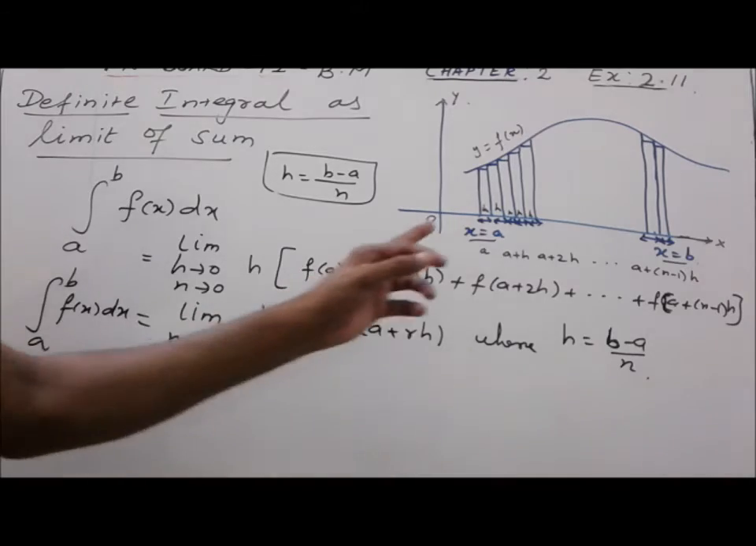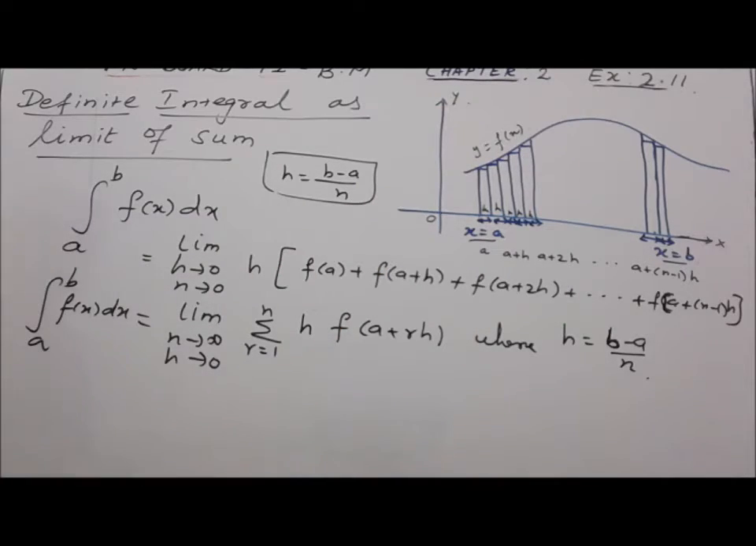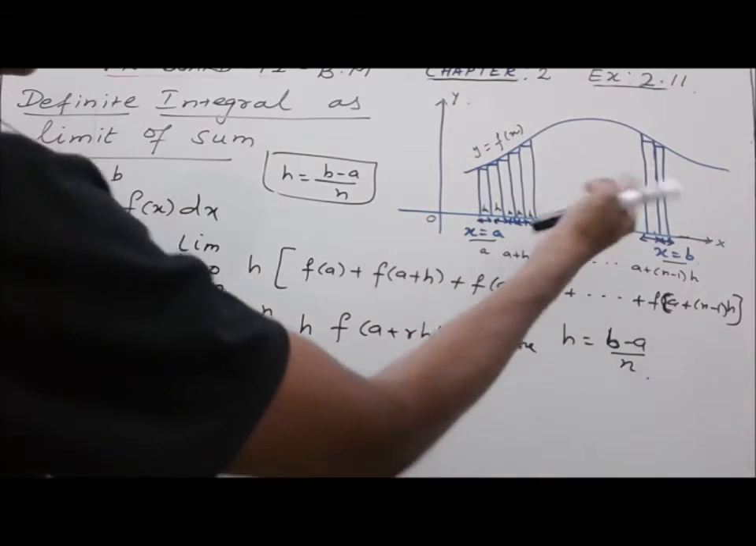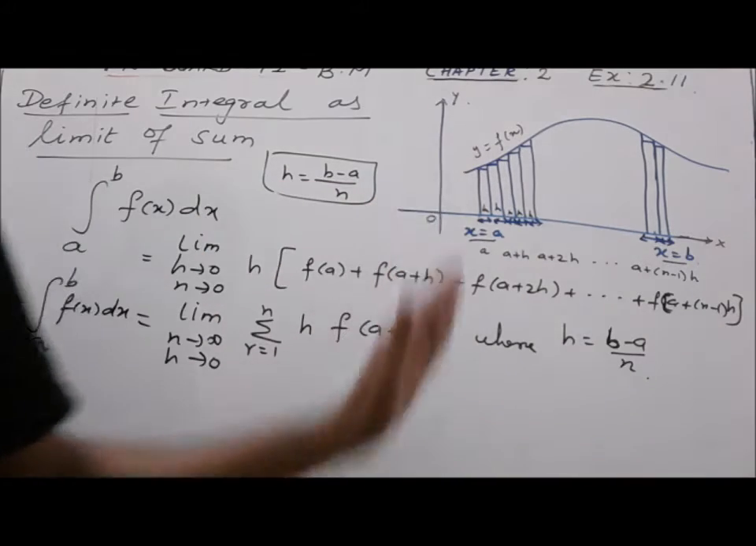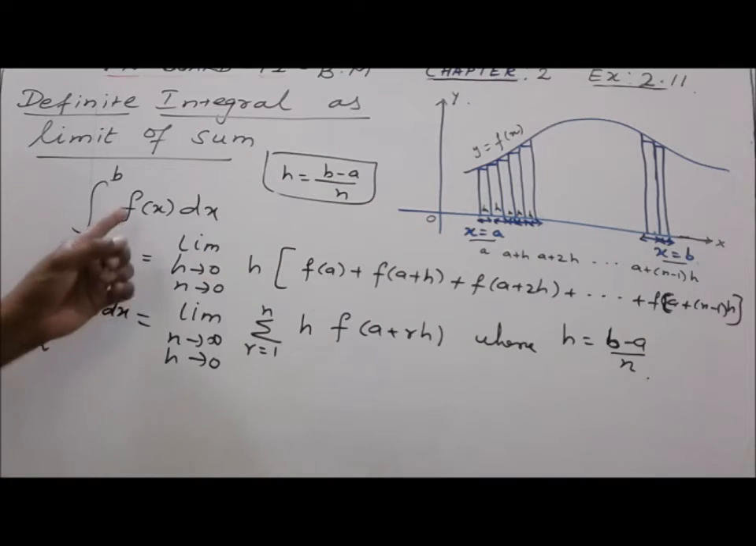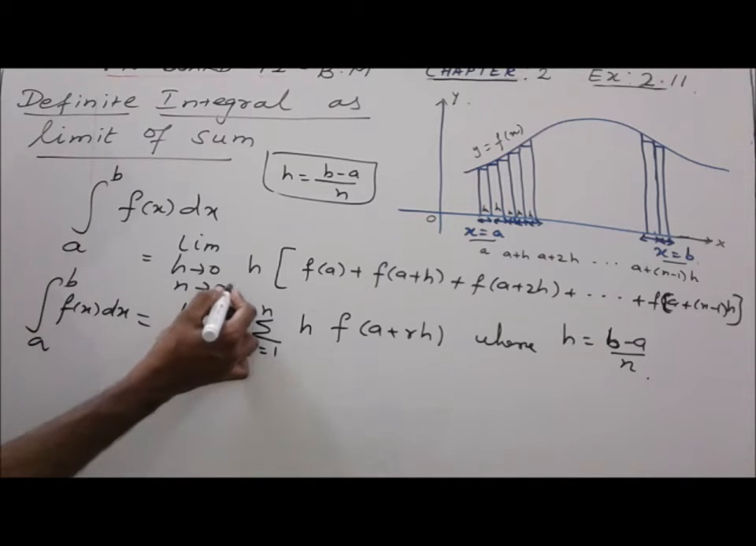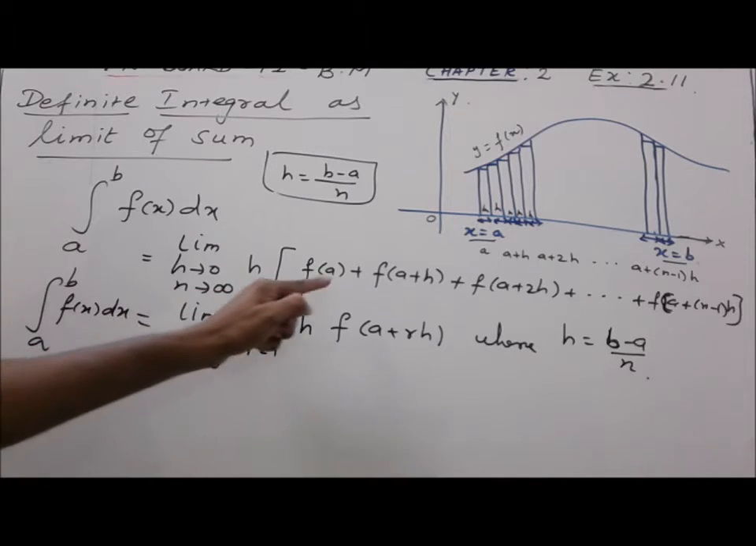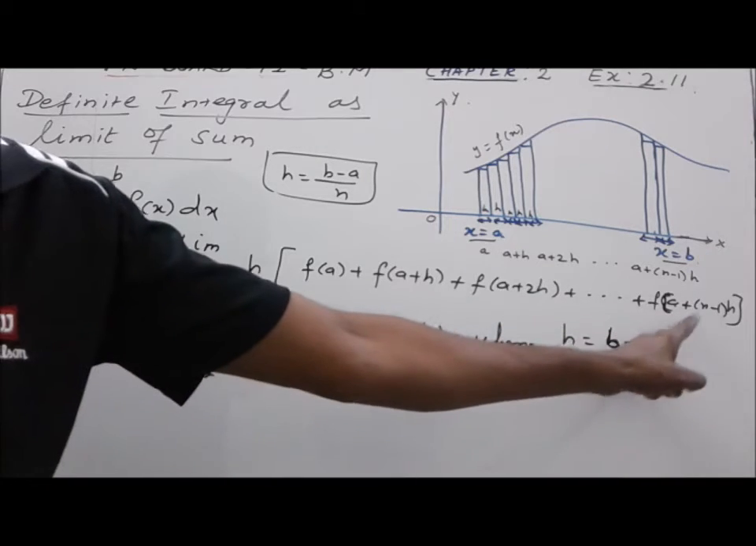The purpose is to calculate areas covered by a curve from one limit to another limit with the coordinate axis, either the x-axis or the y-axis. They have derived a formula: the integral from a to b of f of x dx is equal to the limit as h tends to 0 and n tends to infinity of h into f of a plus f of a plus h plus f of a plus 2h, and so on, up to f of a plus